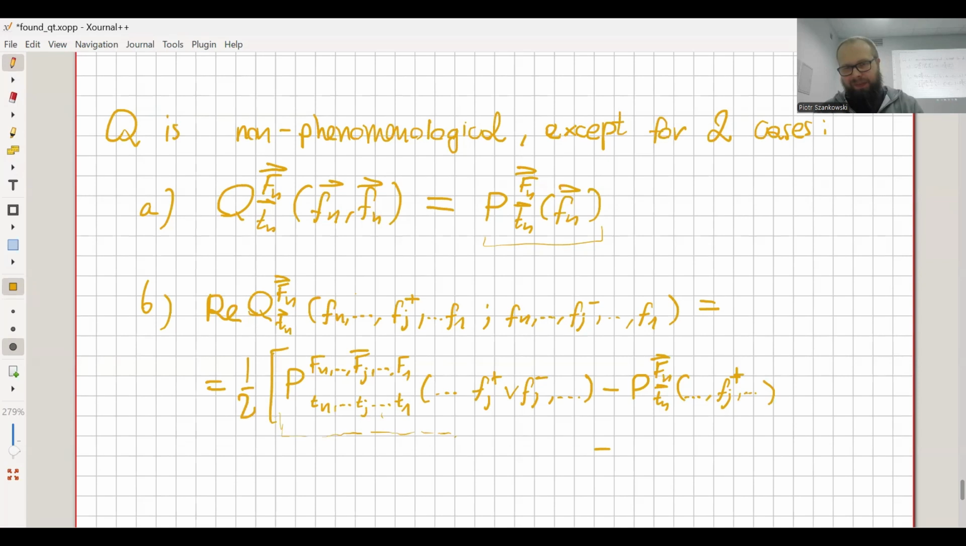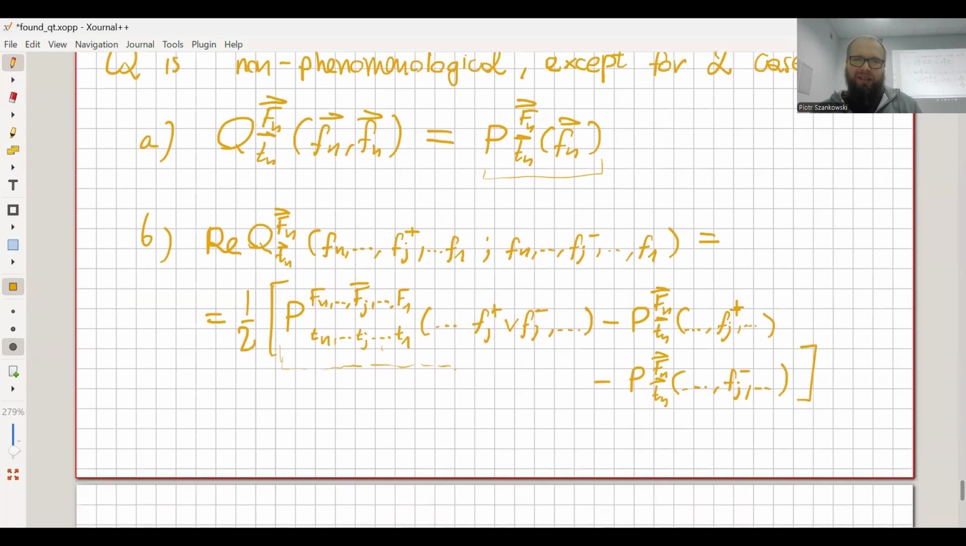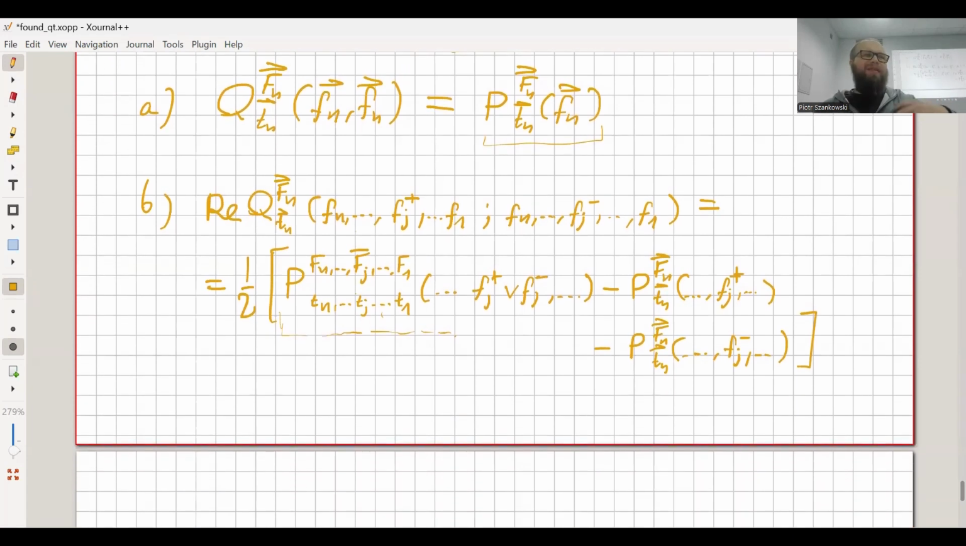Okay, but this is something you can get from experiment, right? Those guys. So those are the only two cases where the value of Q can be expressed through purely phenomenological quantities. So, and now contrast this with